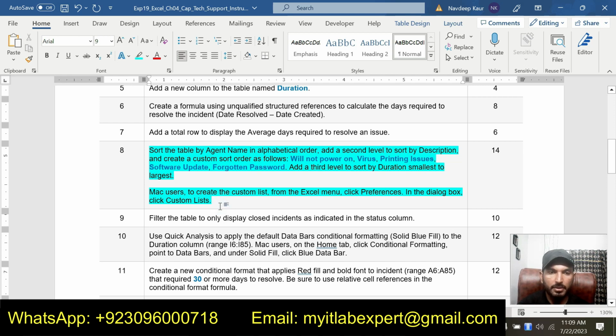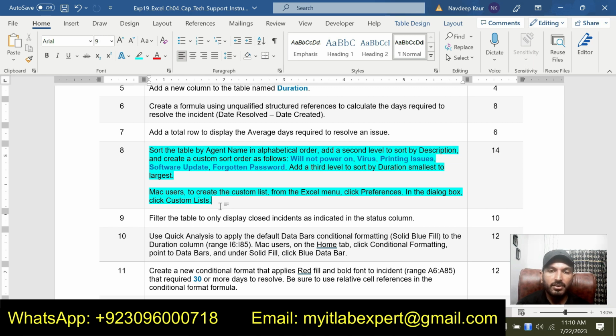So next step is step number 8. So step number 8 is sort the table by agent name in alphabetical order.